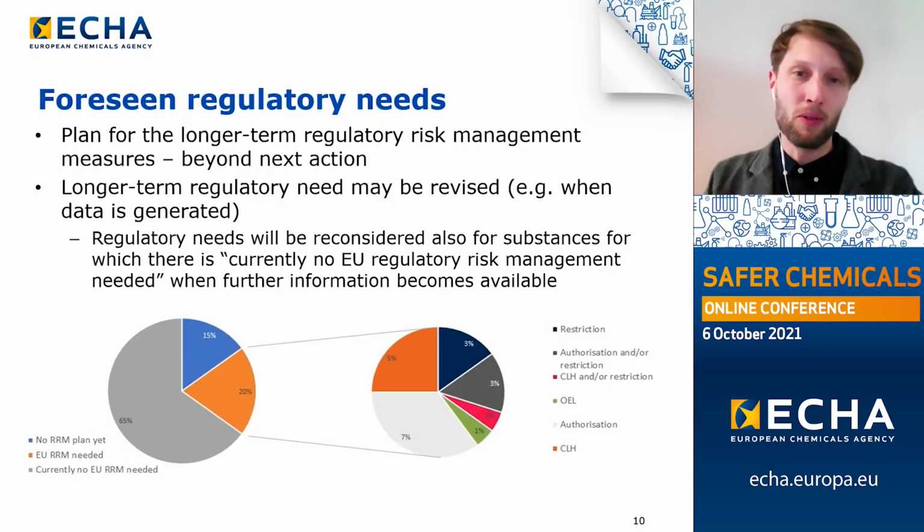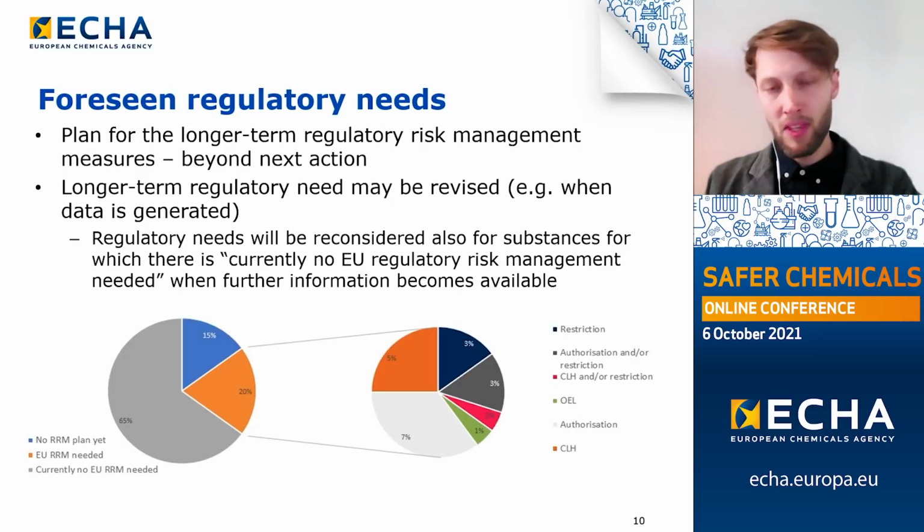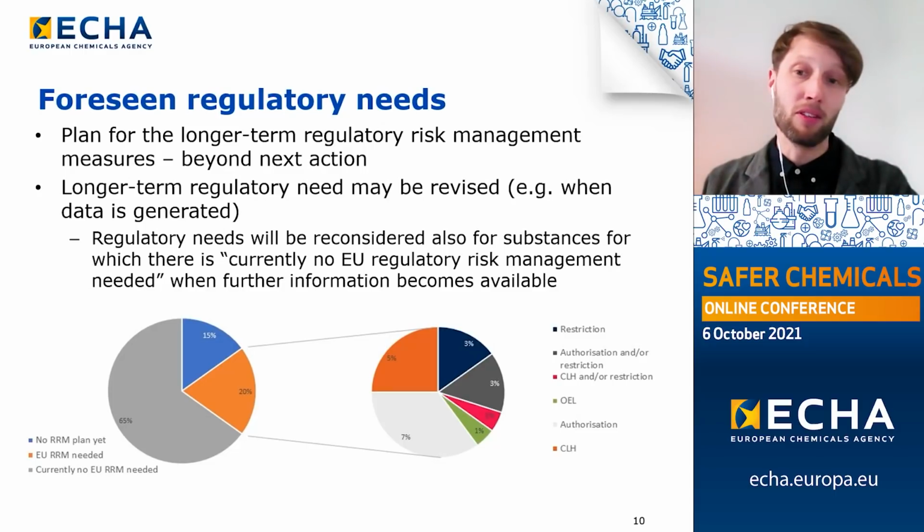Last year alone, in 2020, we have looked at around 1,900 substances in this way. As of today, in total, since starting this kind of work, we have looked at nearly 4,000 substances. Many of these substances have never been assessed by authorities before. At the same time, many already have completed or ongoing regulatory actions. As I said, the focus is on those substances that are on the market in higher volumes. At the same time, also lower volume substances get dragged into this stream of work based on the structural similarity.